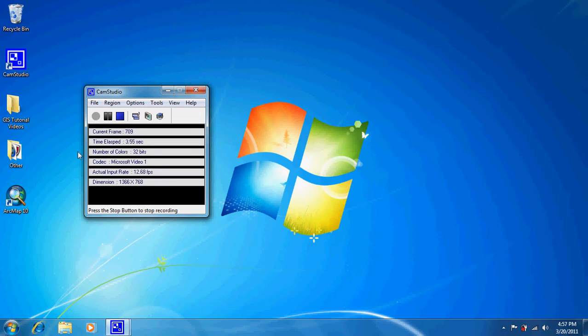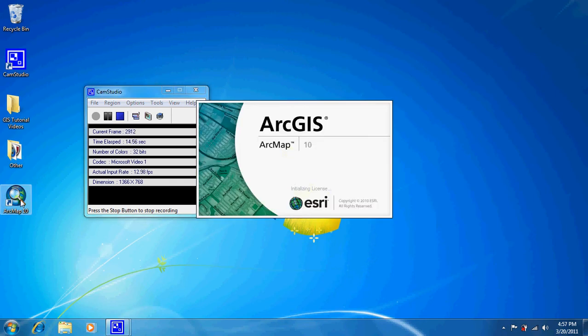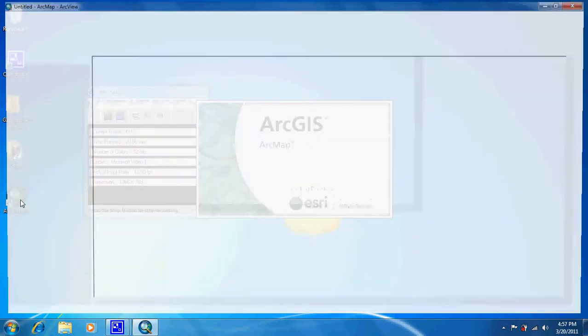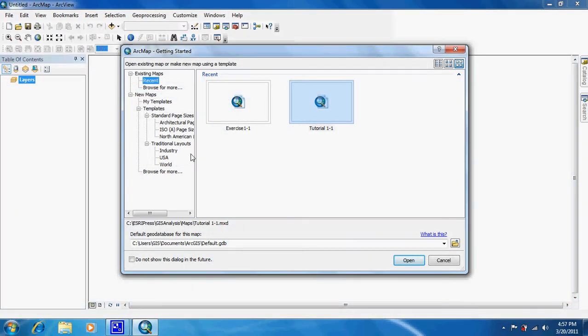This is tutorial 1-1 in the GIS tutorial 2 workbook. And the first step is to open up ArcMap. Now you want to browse to more,